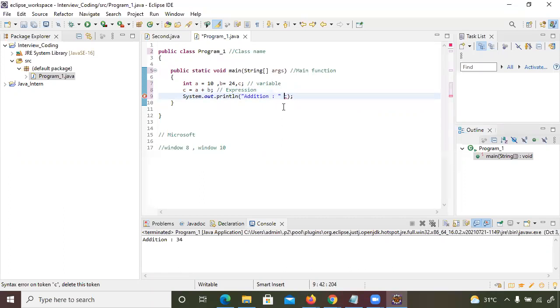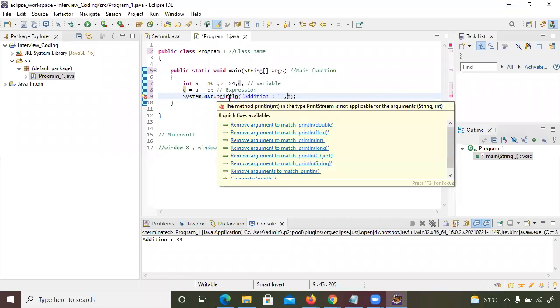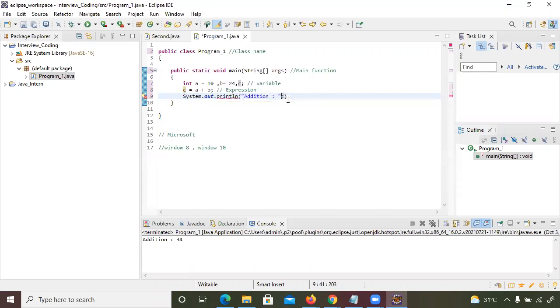Every program has some structure, right? So we need to follow that. You cannot write like this. If I give a comma, which we normally add in C language along with a variable, it gives an error, because it won't be able to identify that. In Java, instead of adding a comma, we add the plus operator, meaning the content plus the value will be shown.